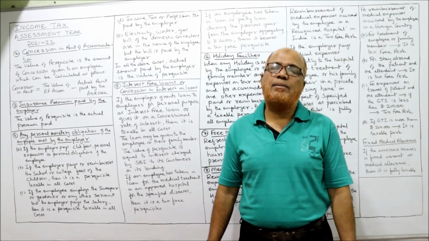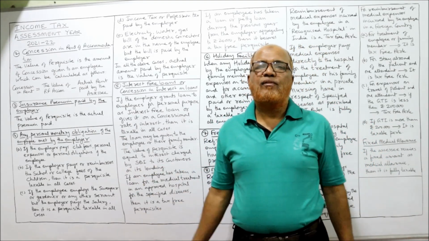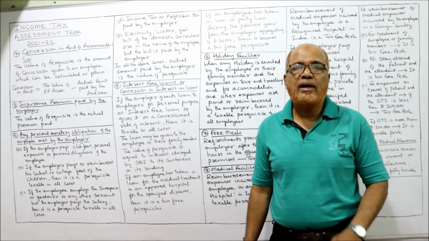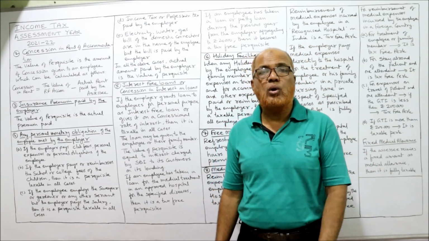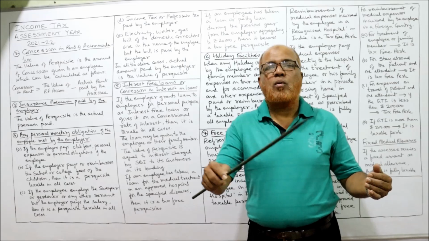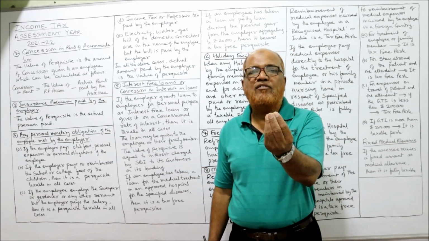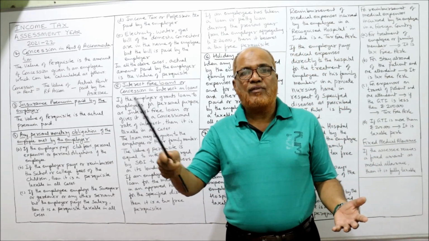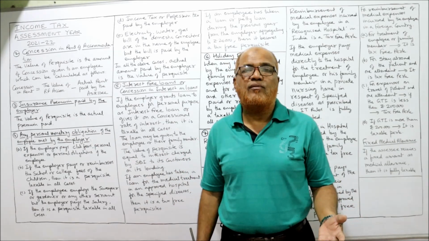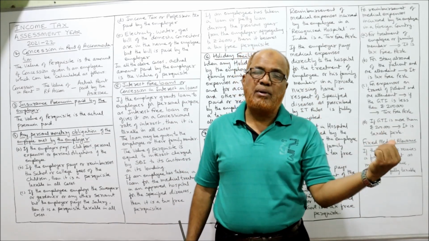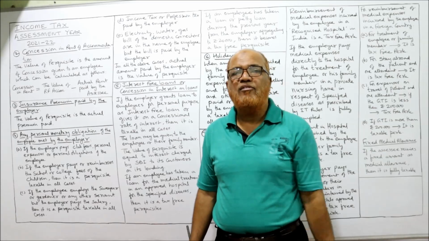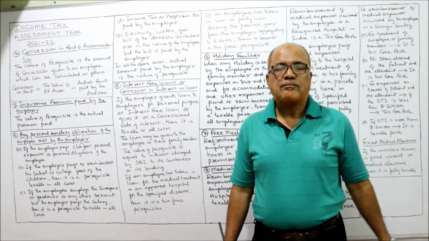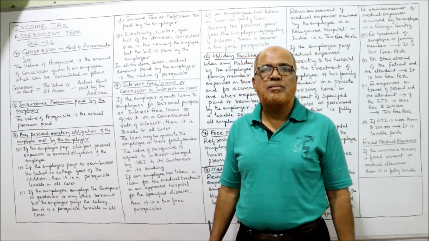Or concession in the rate of interest. Example, if an employee takes a loan from a bank, the banker is charging 20% rate of interest on loans, whereas the employer is providing the loan to employees at only 5%. That means the employee is getting the benefit. If the loan is taken from the bank, the employee has to pay 20% rate of interest. The same employee, if he takes the loan from the employer, the employer is charging only 5% rate of interest. In that case, there is a benefit to the employee. Income Tax Act says that is also a taxable perquisite.